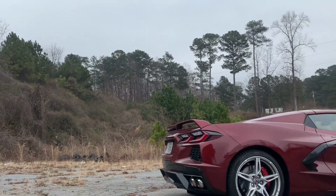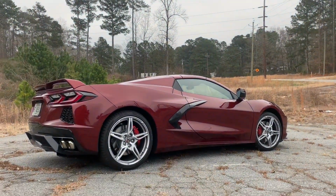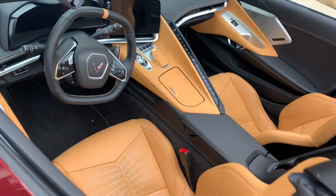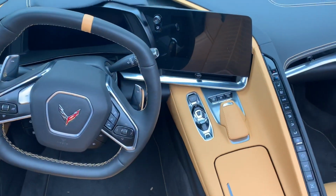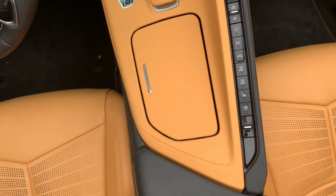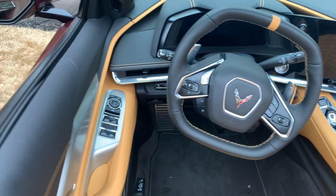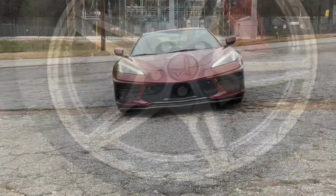And like our tester, if you're equipped with the 2LT convenience preferred package, you'll also get Sirius XM radio for a full year as part of your MSRP. Well, speaking of MSRP, the base price of a 2020 Corvette Stingray these days is about $66,000. When you get one opted out with the 2LT convenience package and the Z51 performance package like we did, it comes in with $16,000 in options when you add the GT bucket seats and the front lift adjustable height with memory, the long beach red metallic paint color, and the edge red painted brake calipers,